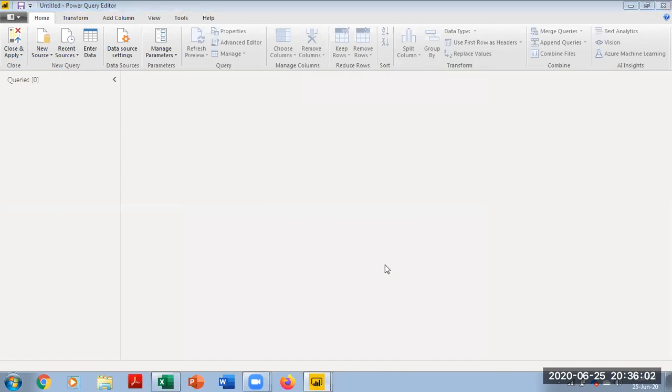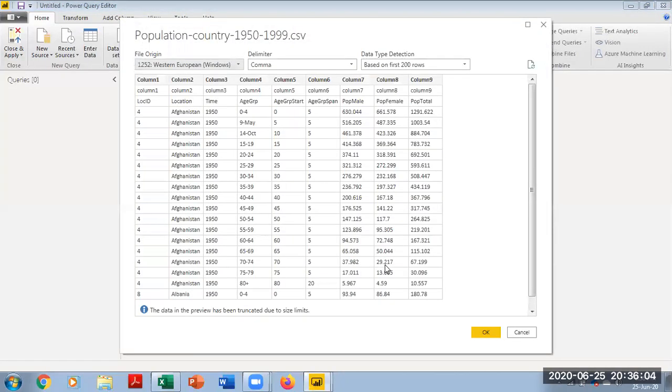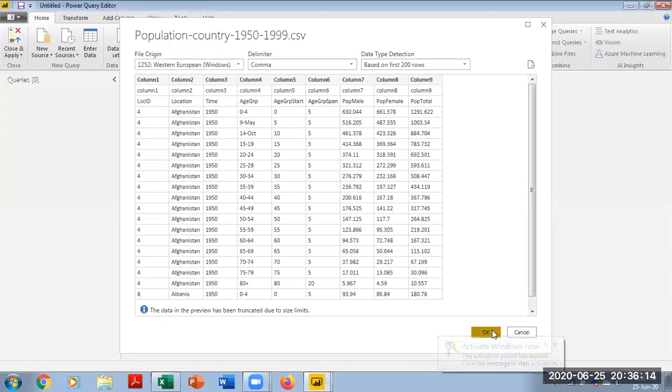So it's going to show you 200 line items as a preview to us, the first 200 line items rather, and you can see there is a lot of bug in it. You can see that the heading is coming 2 lines below and everything is weird here. So I'm going to just give an OK.